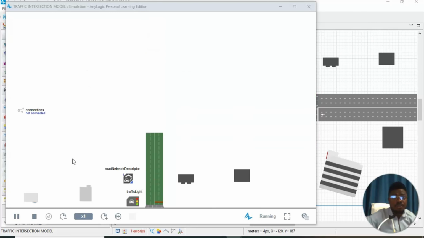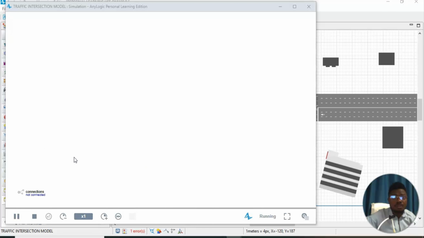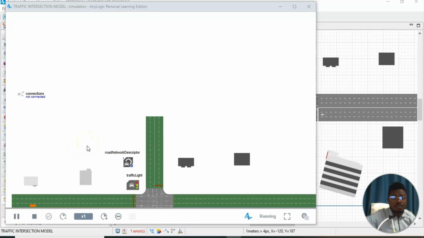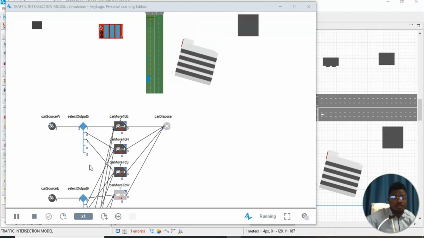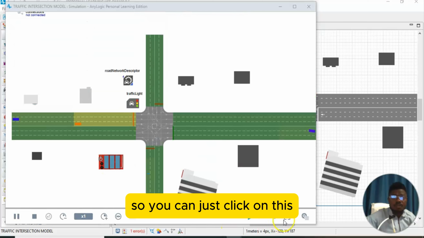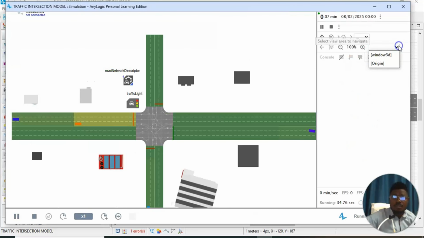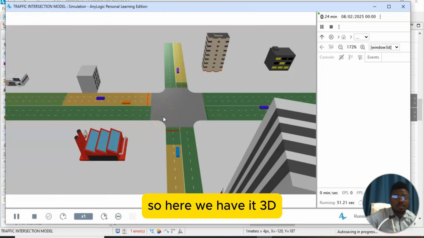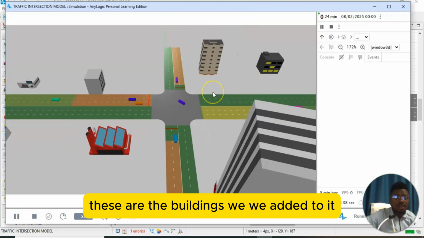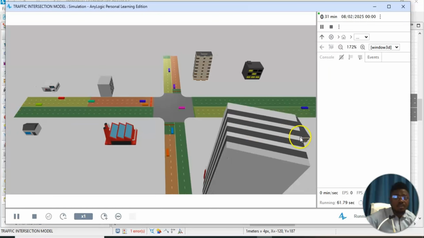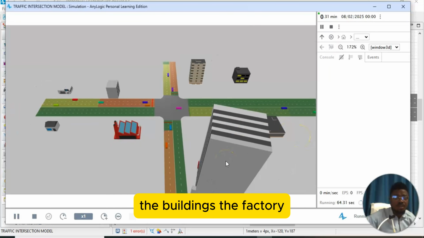So let us try to, you can just click on this and look at it in 3D, window 3D. So here we have it in 3D. You can see the buildings we included. These are the buildings we added to it. You can see the hospital, the buildings, the factory,